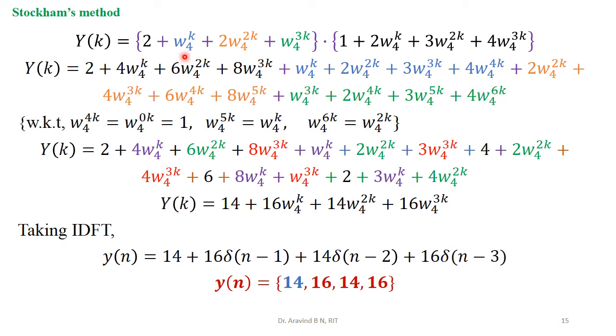Continuing, this omega 4 term is multiplied with each of these values. You can observe the color combination: the blue color and the blue color, so this is multiplied with these 4 values. We have got these 4 representations. Continuing, this next term is multiplied with these 4 values, and we again get these 4. Then the green one, omega 4 power 3k, is multiplied with all these 4, and we have got this representation.